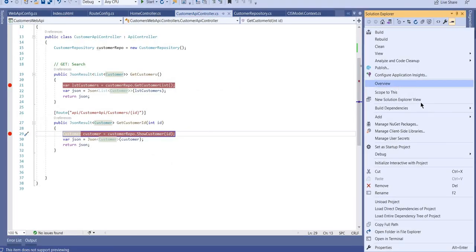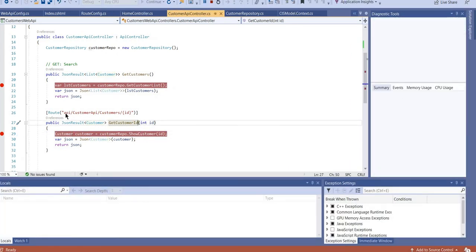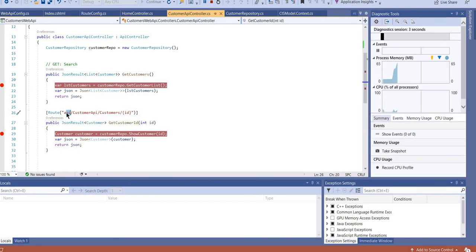customer web API and debug, start new instance, and I will take this part.